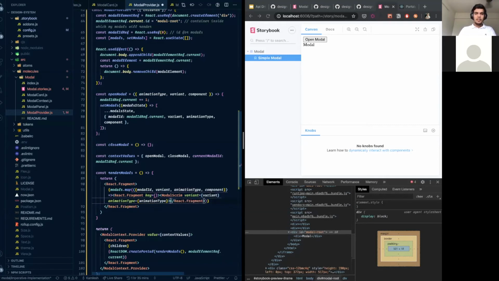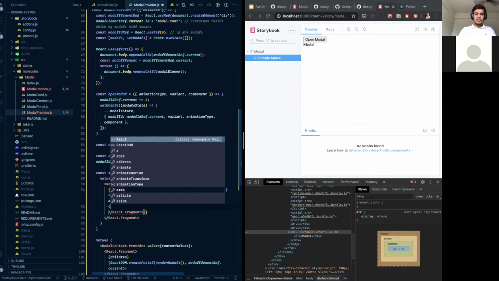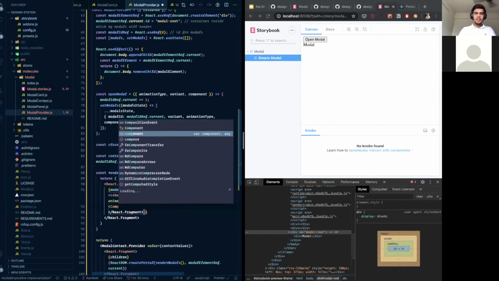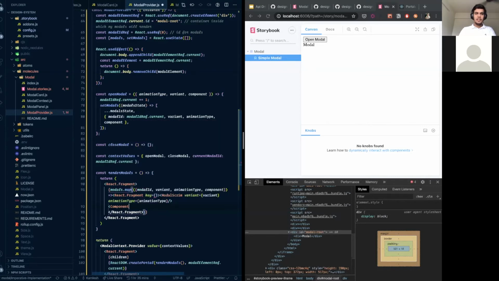I don't want to render component as a child; this is a self-closing tag, and then I'll render my component here. The key should be my modalId because I want to uniquely identify each element. I need to make it title cased.